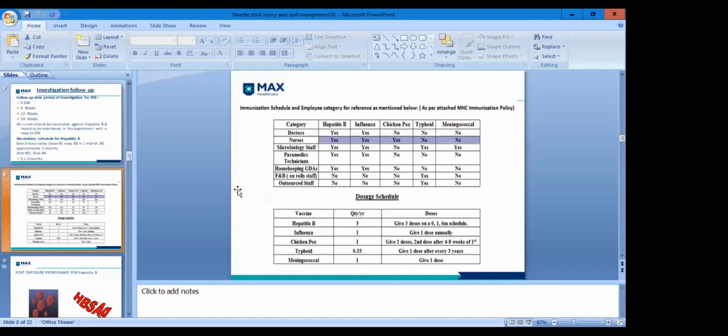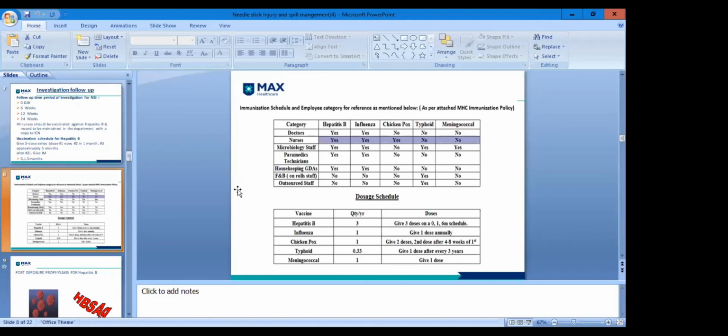Chickenpox needs to be given especially to the nursing staff, because they come from an area where, if chickenpox has not been had, the vaccine should be given. We have seen a lot of nurses who come for these jobs around 20-21 years get infected by chickenpox. So we have made it mandatory for all our nursing staff to be vaccinated against chickenpox.